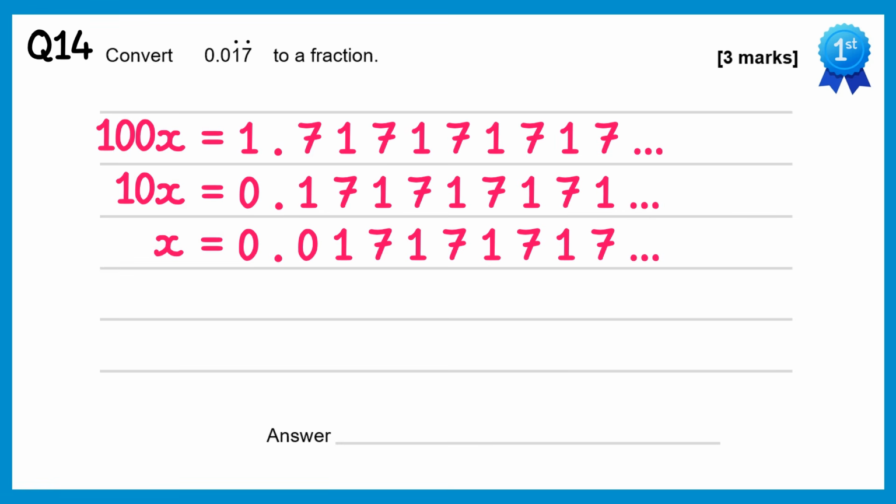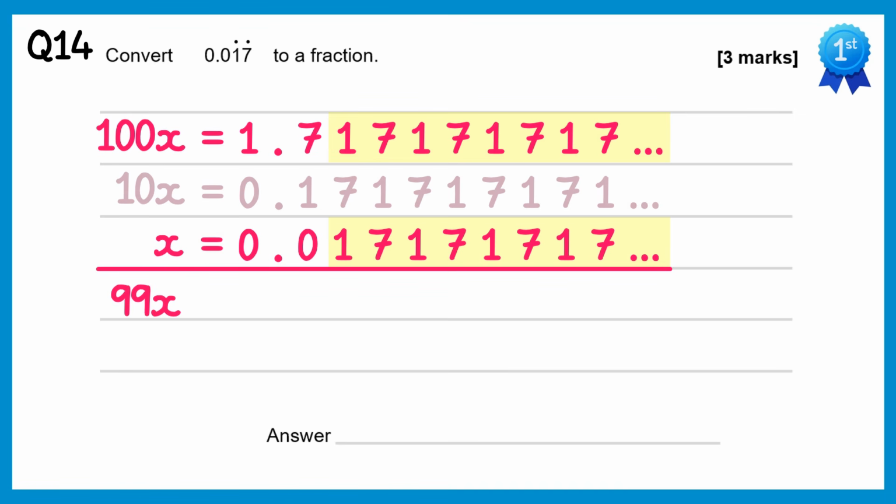1.717171 and so on. So if you look at the lines here for 100x and 1x, you'll see that after a certain point all of the decimals line up. This means if we use these two lines and subtract them, we'll be able to convert this to a fraction. So let's ignore the 10x in the middle and do the 100x line take away the 1x line. 100x take away 1x is 99x, and then if we do the